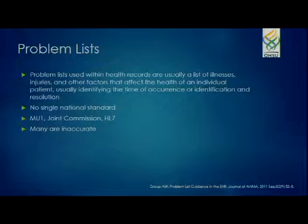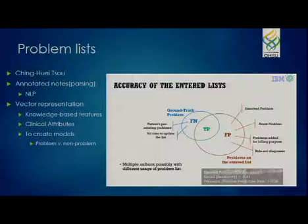And HL7 has an even slightly different one. It may include, but is not limited to, chronic conditions, diagnoses, symptoms, functional limitations. Again, that's slightly different from the other 2 definitions. Visit or stay-specific conditions, diagnoses, or symptoms. So, as you can see, there is no single standard, and it can vary even between different national definitions. And so with that, one of the groups, IBM Watson, tried to find a way to better curate